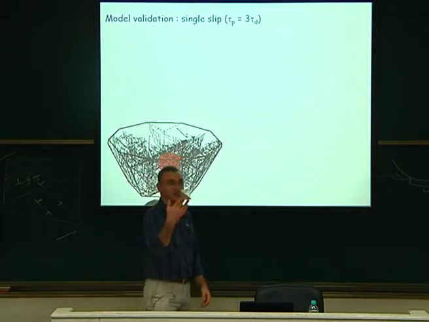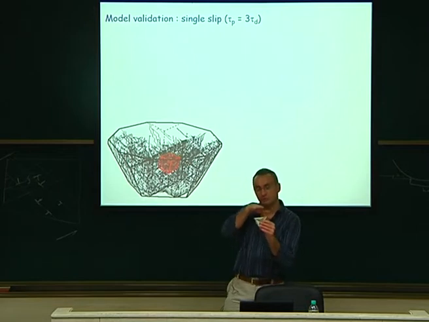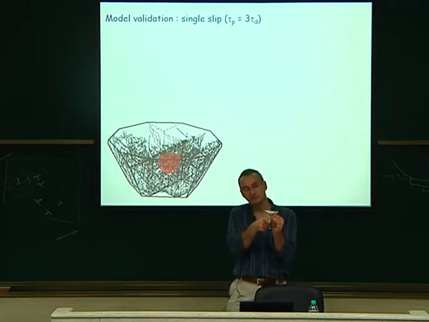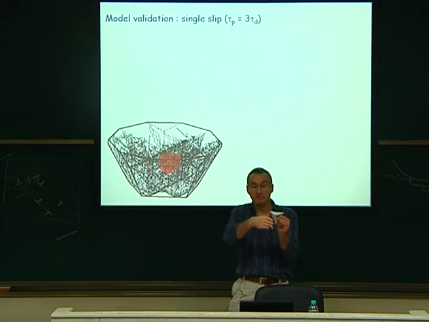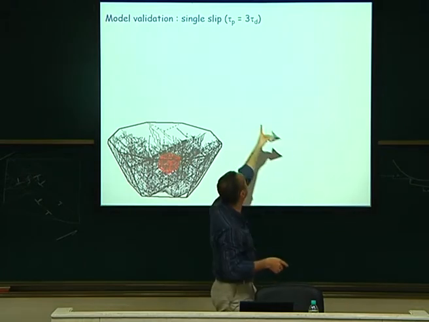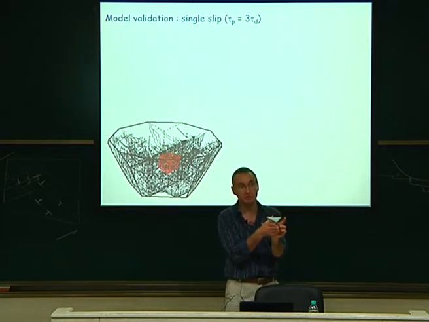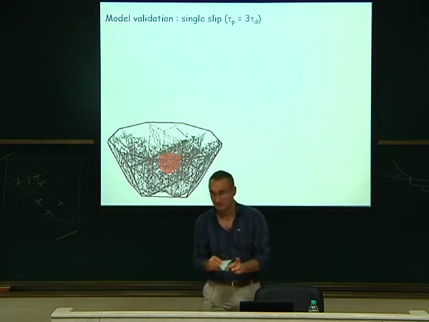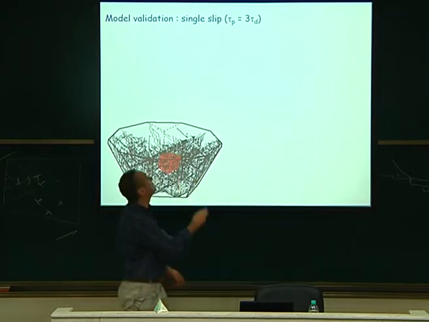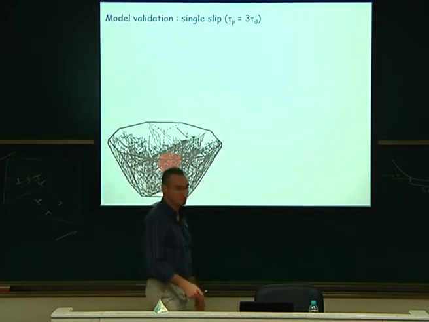FCC, because of the Thomson tetrahedra, if you apply a pure shear on the system, for example, this green one, I push this Burgers vector like that, with a pure shear, I will get a third of it on the deviate system. Because it's not perpendicular, there is an angle here. So because I'm shearing there, this one is also a little bit activated, but a third of it. So there is a three times ratio between the primary and the deviate system. So the deviate is a little bit loaded, but much less than the first one. So this is what we call single slip anyway, because you have a pure one which is highly loaded, and the second one which is not much loaded.